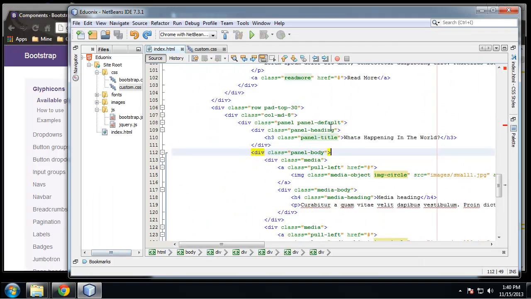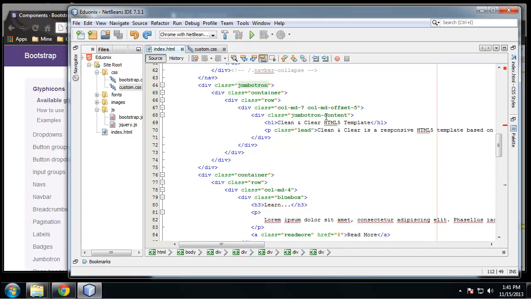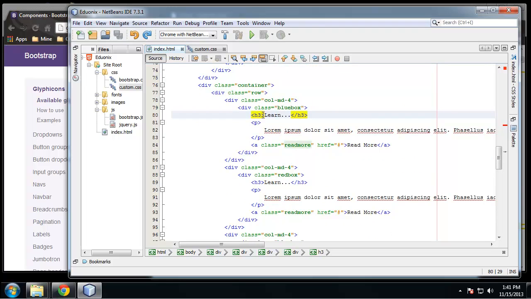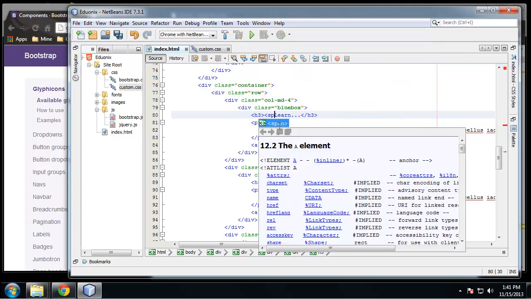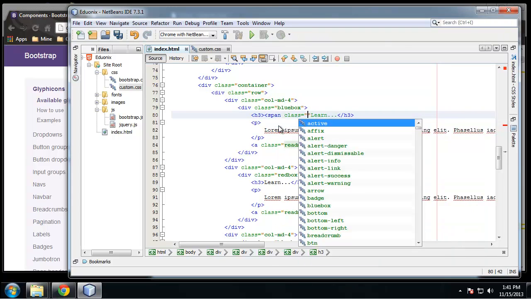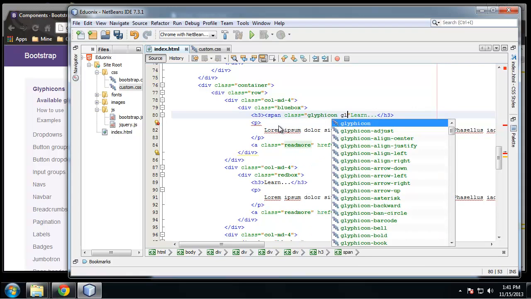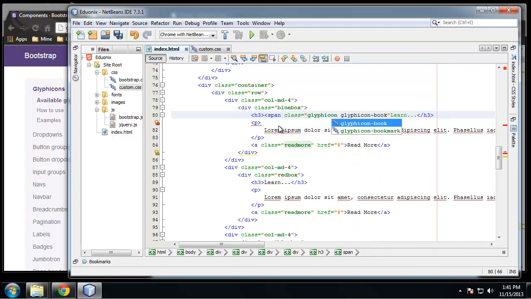So we're going to go up in the first box, which is Learn. Right inside the H3, we're going to put a span. So the first icon is going to be a book. So we're going to say span class is going to be equal to glyphicon, and then we're going to do glyphicon-book. And it's really as simple as that. So if I copy this,